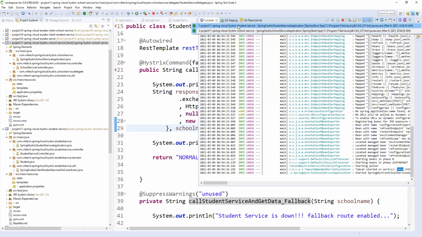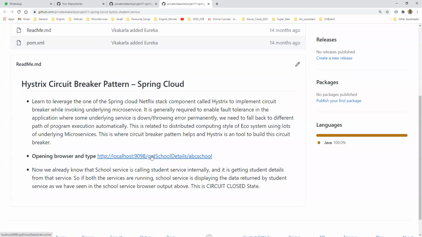Now we are going to call the student service inside the school service, so we are opening the school service now. If you see here, this is the normal flow. Normal flow in the sense that the student service is up and running. Here the school service is the A service, the parent, and the student service is the B service, the child, right?